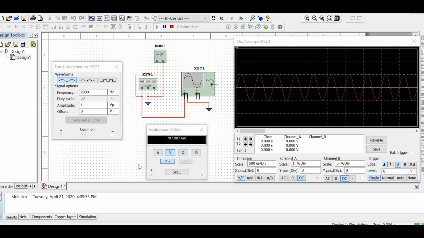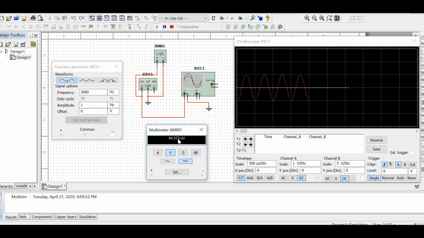Okay, if I run the circuit, you see, because the peak value I used is 1 volt, what I'm expecting as RMS is 1 by square root 2, which is equal to 0.707 volts. Similarly, the DC is almost zero, like 44 microvolts, so I can assume it to be zero. However, you can write this value too, and definitely mention the error between this value and the pre-lab value.